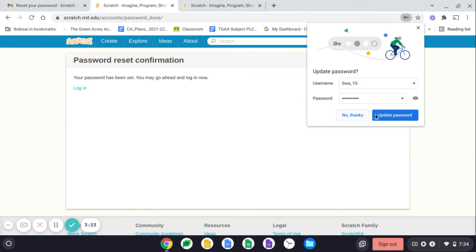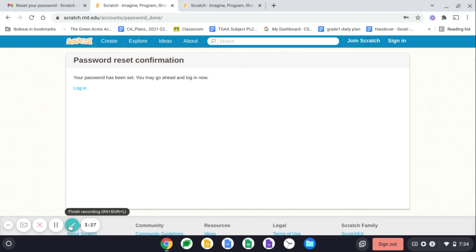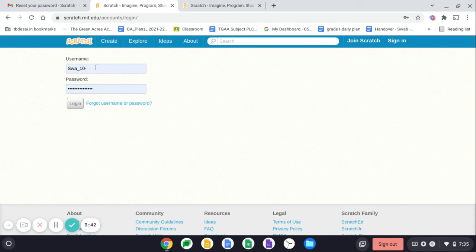And that's how you can change the password. Now children, again you don't have to sign in. It says your password has been set. You may go ahead and log in now. So click login. That was the procedure in case you forget your account details.